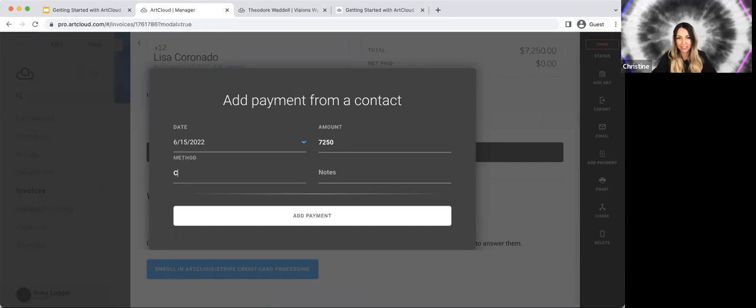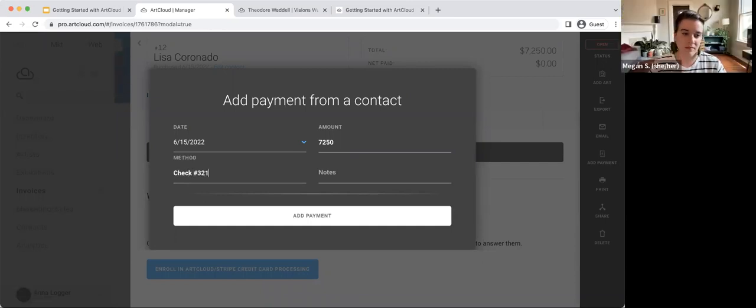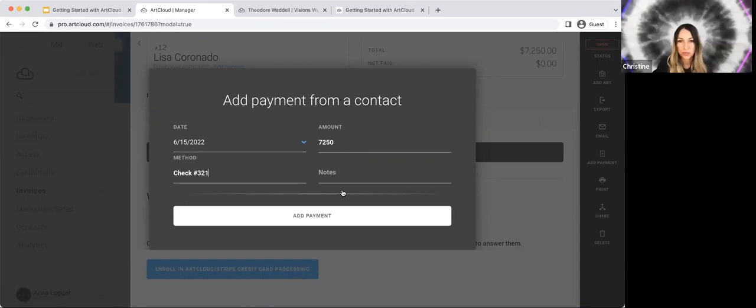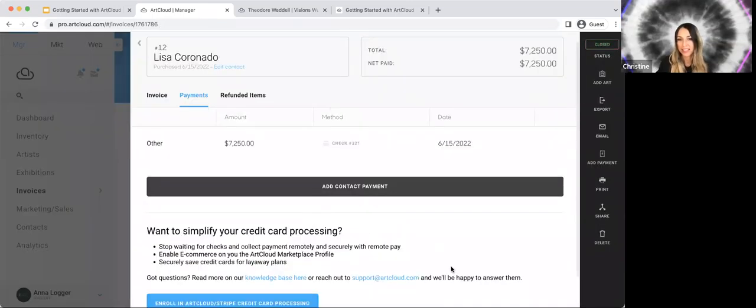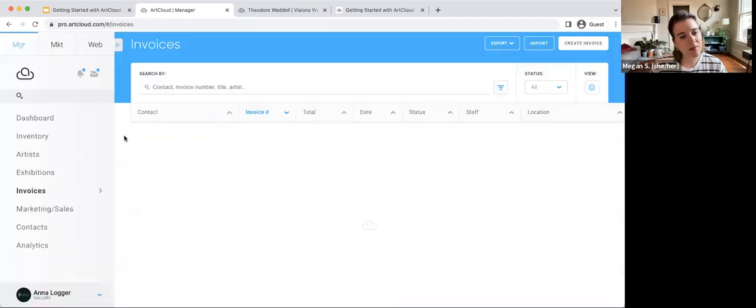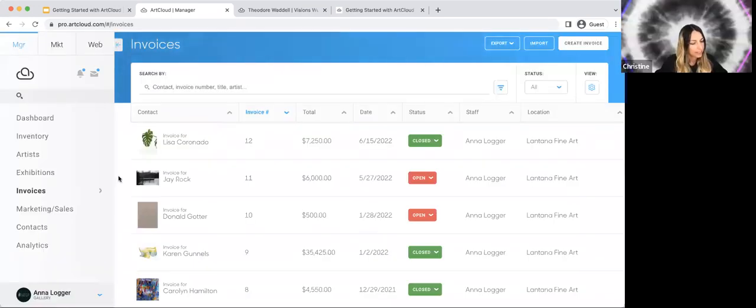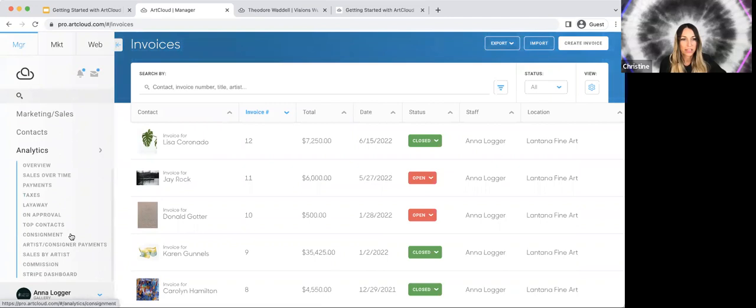So let's just say they send a check number 321. Let's say it's for the full amount. We add the payment, and then you'll notice that that status is now changed to closed. And let's see. So we don't have time to go through analytics, but we will do that at a later date. But just quickly to show you